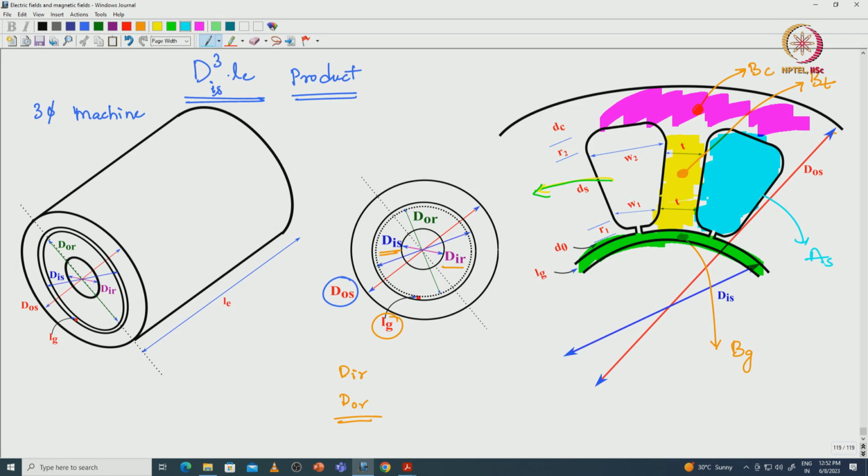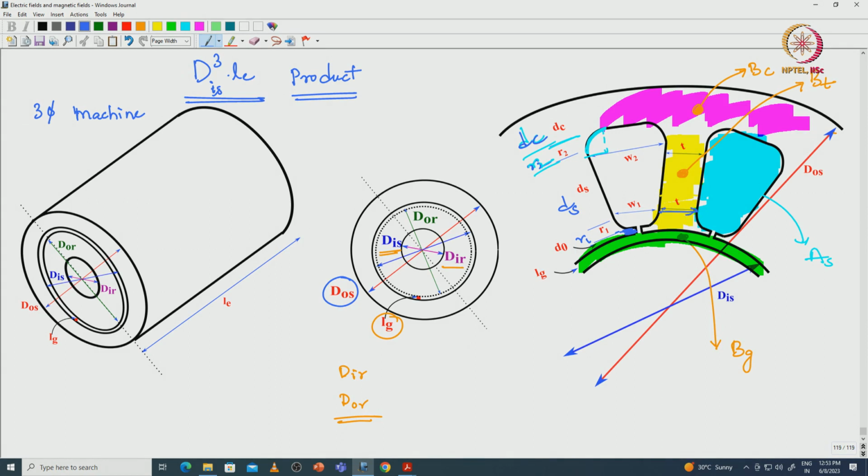This is the slot area As, and the slot dimensions we can see here. Back iron length is dc and the radius from this point to this point is R2, and this portion is ds, and similarly this one is R1, and between this gap is nothing but d0 and air gap length is Lg,